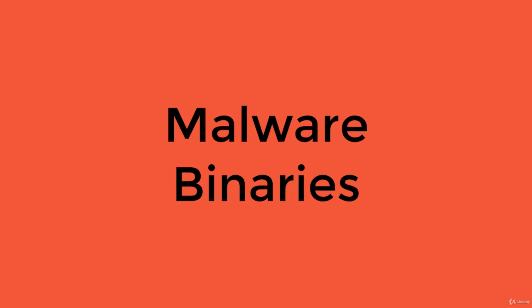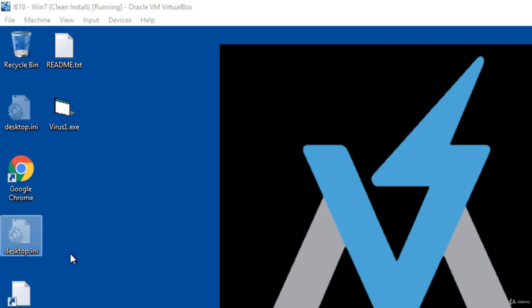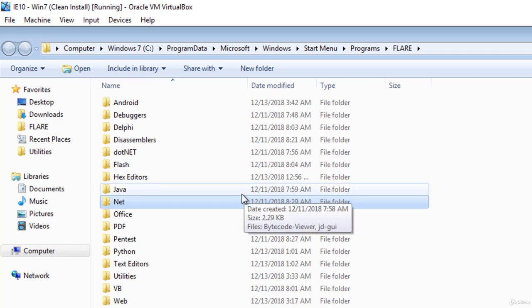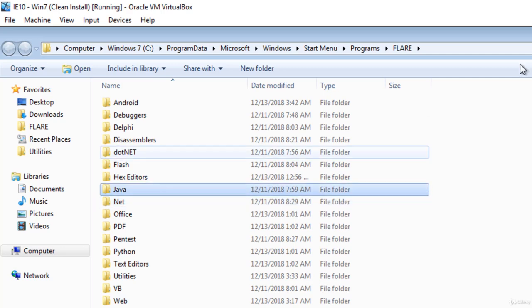In the same way, once a malware runs, it needs some DLLs, and to extract these DLLs we'll be taking a look at a tool called DIE. In FLARE they keep on updating new tools, and you have to enter the same command that we used to install FLARE. Once you enter the same command in PowerShell, you will get some updates,